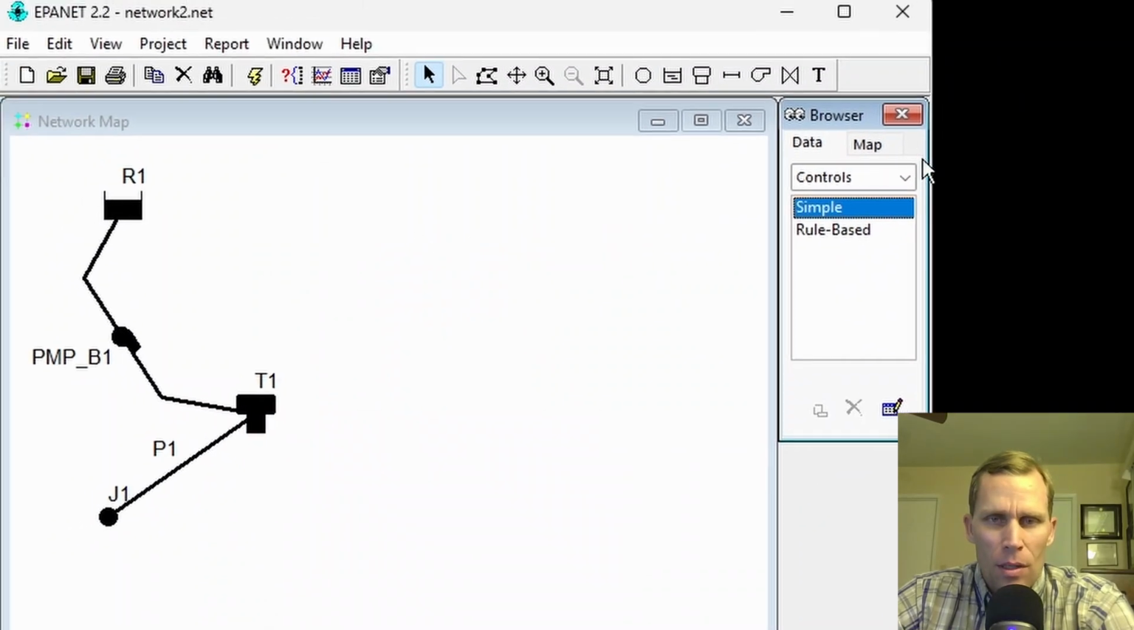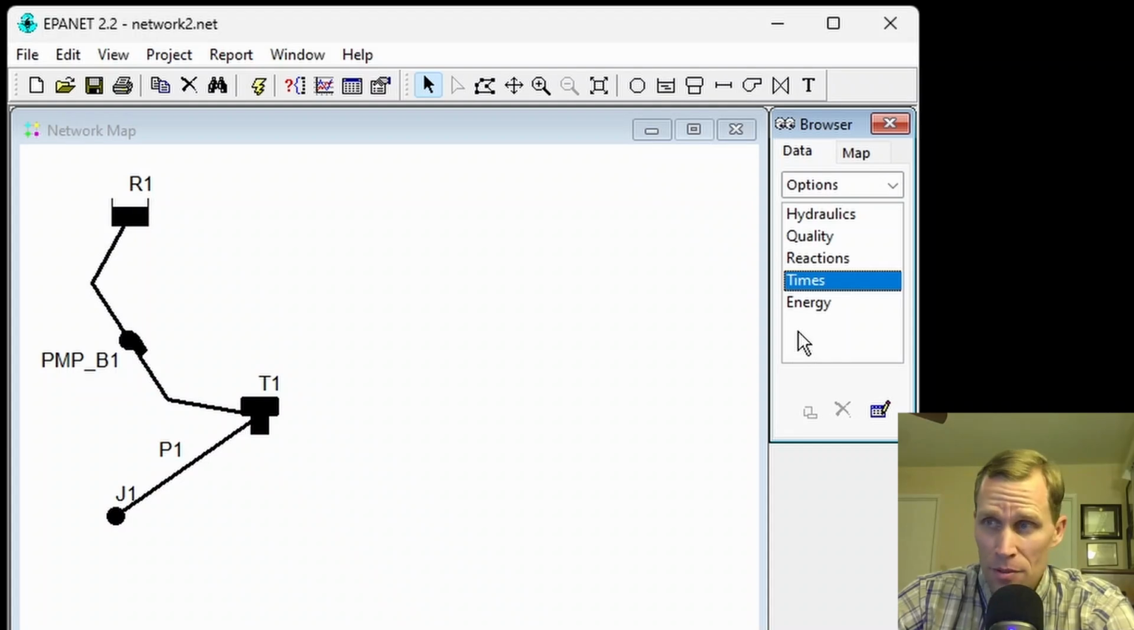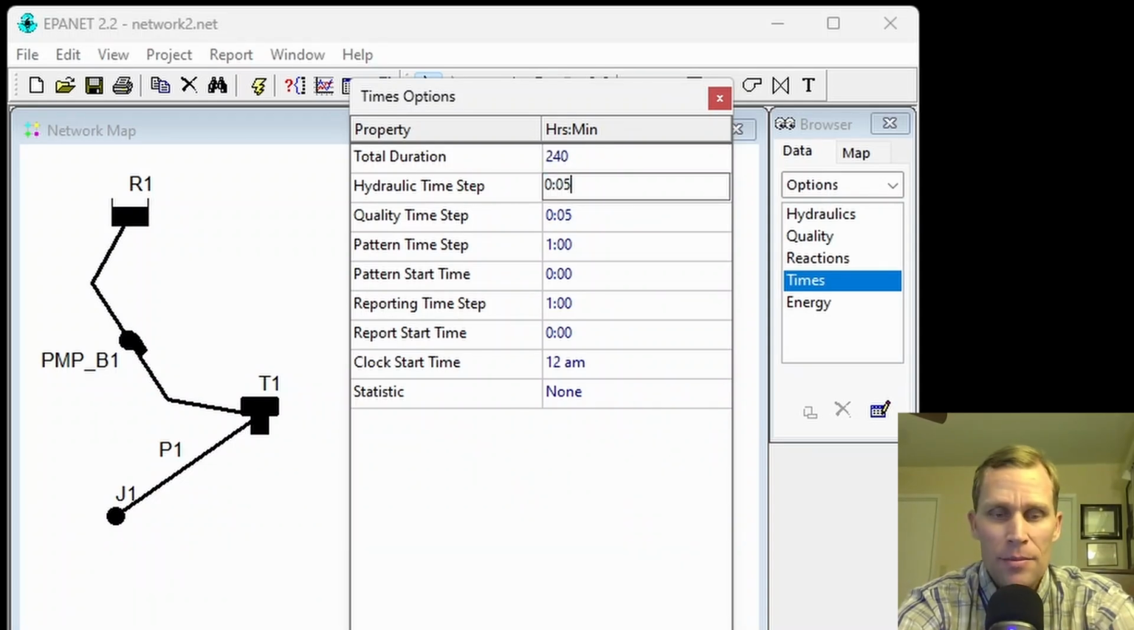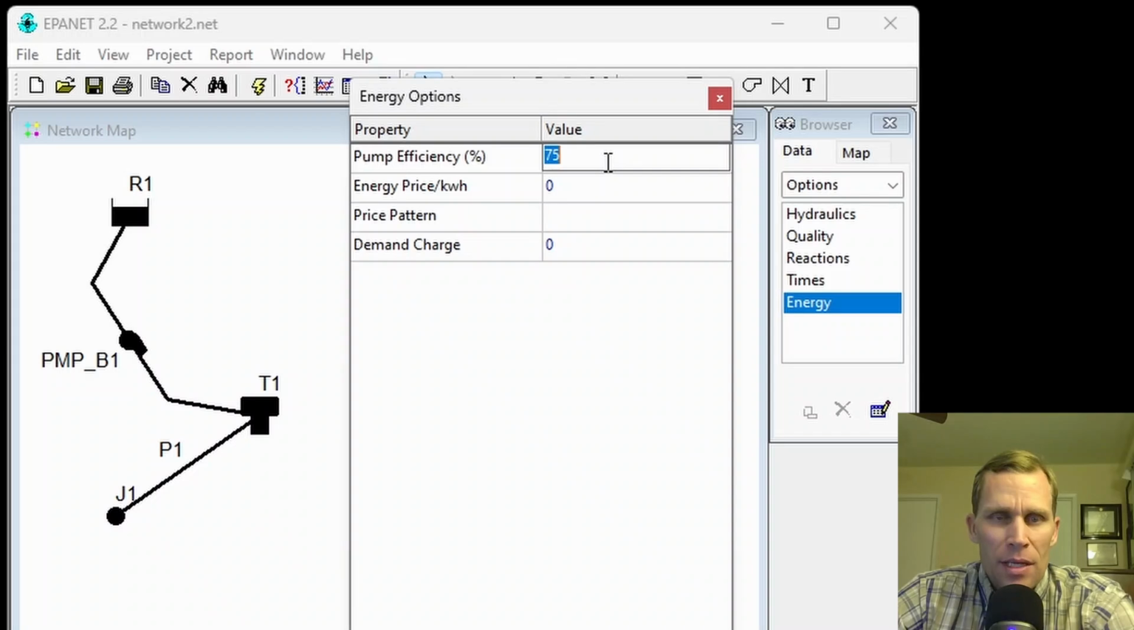Cool. So click OK. And then lastly, in the data browser, I want to set a few options. First, the time options. This is going to be a 10-day simulation, so we'll type in 240 hours for the total duration. And then for the hydraulic time step, I'll say 5 minutes, and the reporting time step also 5 minutes. Go down to the energy options now, and then what I'm going to set is 75% for the pump efficiency. Now, this is going to be ignored because we already have an efficiency curve assigned to our pump, but